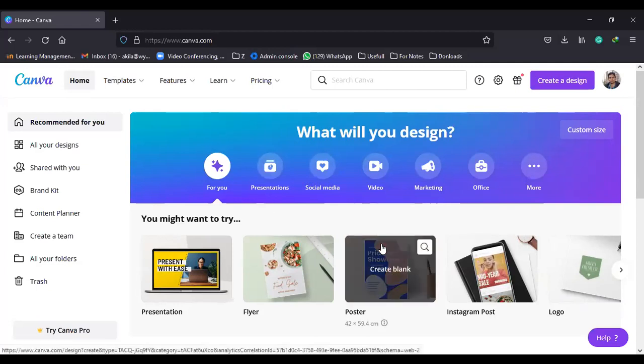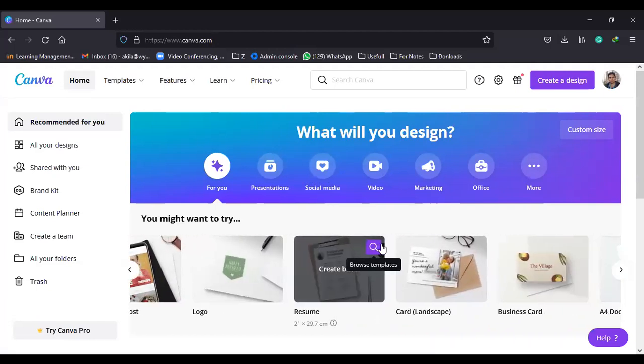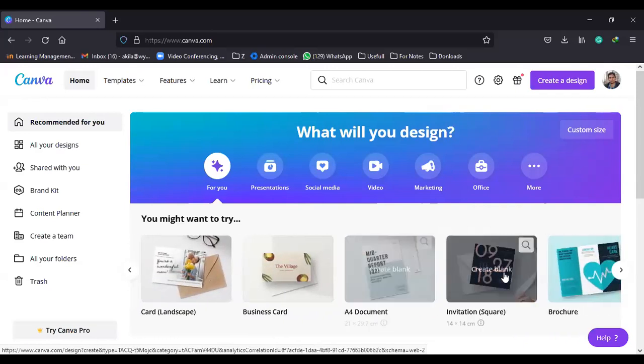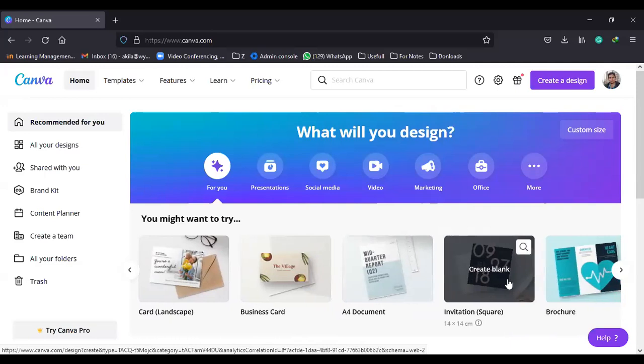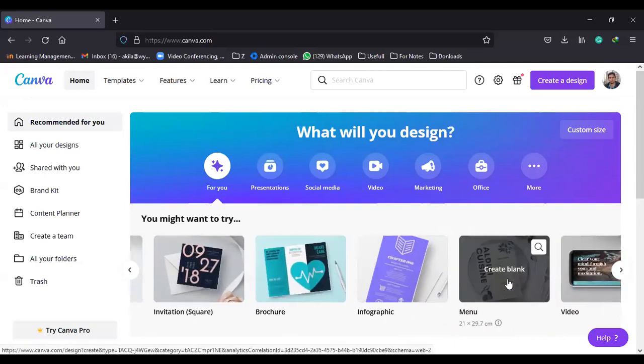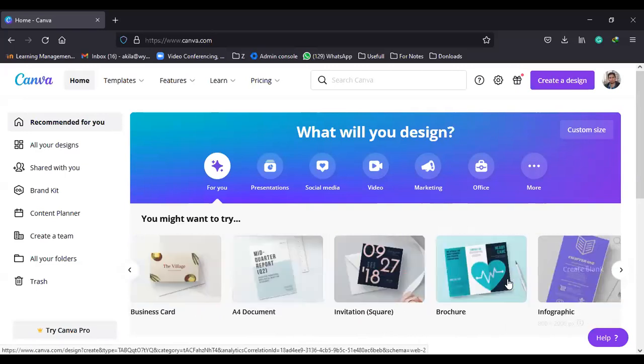So you can select these original sizes, right? If it is a resume, the size is given, A4. An A4 document you can create. For an invitation, this is the default size. It's a square, 14 cm by 14 cm. Like that, some general sizes are here. See, photo coverage, banner.